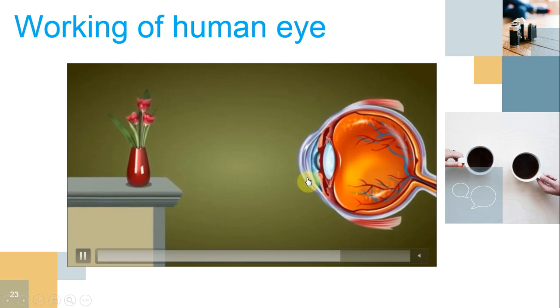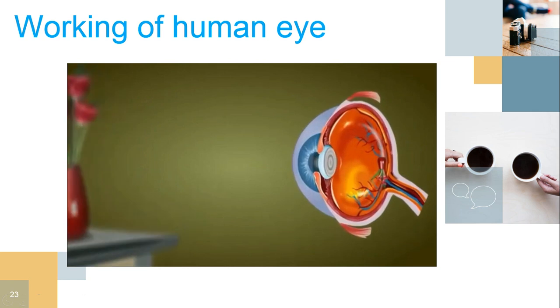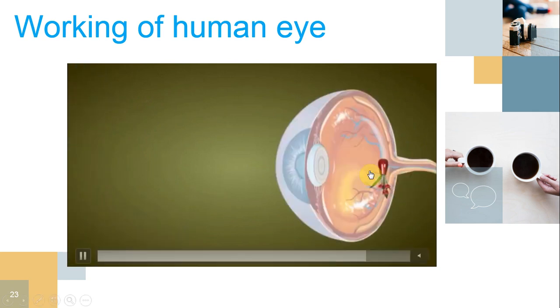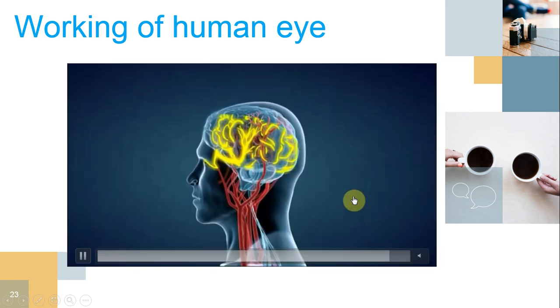This ability of our eye is called the power of accommodation. The image is placed on the retina, but the image is real and inverted. These real and inverted images are translated by our brain and we get the original image as like the object. This information is passed by optical nerves.